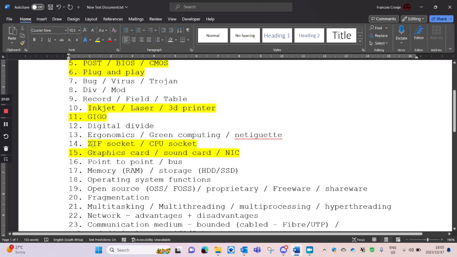Then we also get PCIe or PCI Express slots where we can add expansion cards like our graphics card, sound card, and a NIC. What is a NIC?